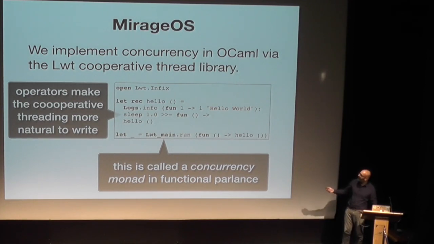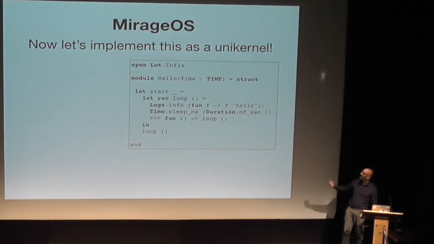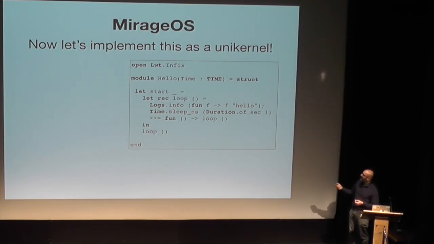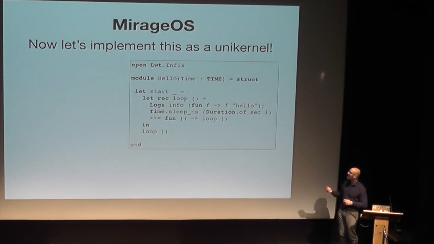So now we have a fairly portable bit of code. That pesky reference to Unix has disappeared. So it's a relatively portable hello world, and we're going to implement this as a unikernel. And what we've done here is I'm introducing the module system in OCaml now. What this module system does is that it defines a function called start, which is the life cycle of the unikernel. It says that when you start, I want you to sleep for this many nanoseconds. And I'm going to take a duration, which is a library in OCaml, to calculate durations and convert between nanoseconds and microseconds and so on. And I want you to sleep for this amount of time.